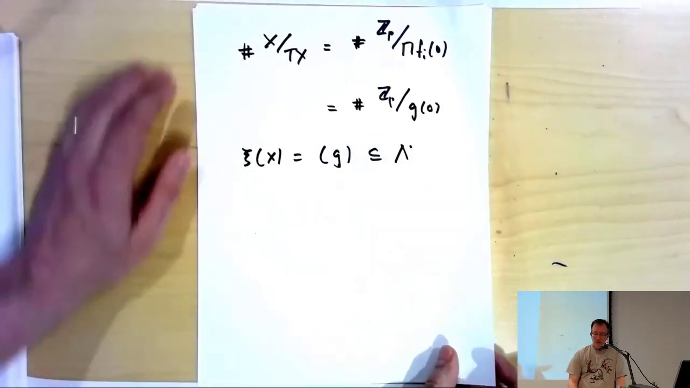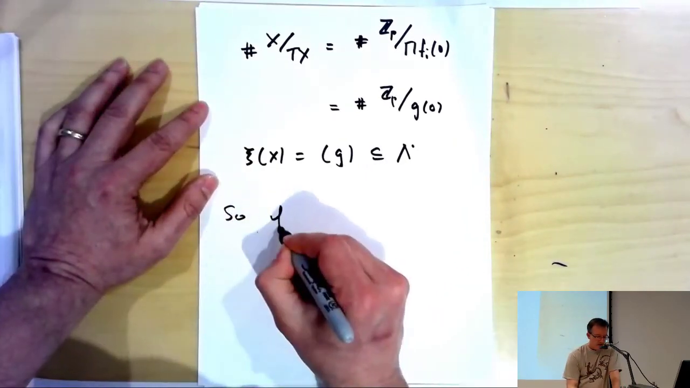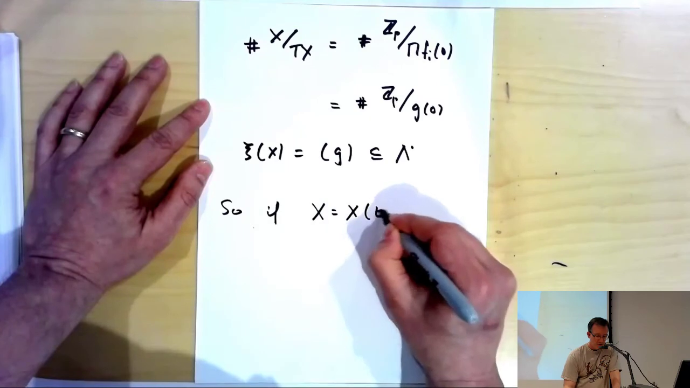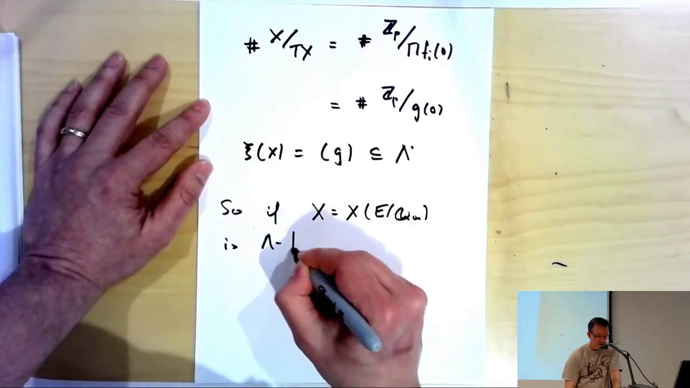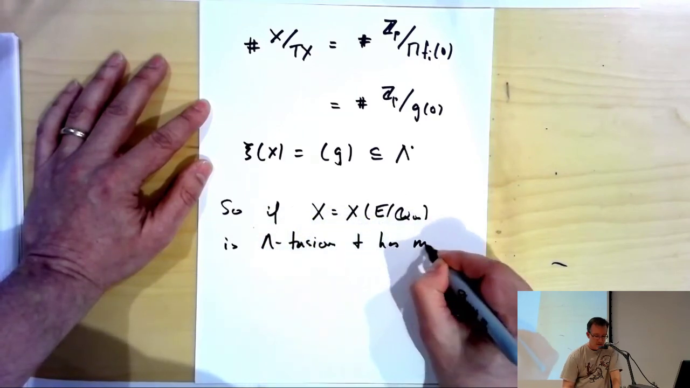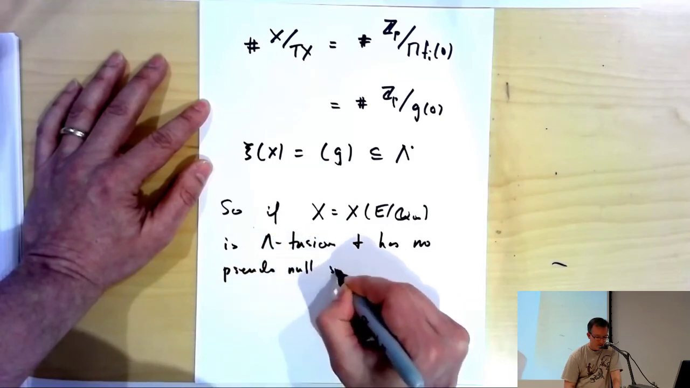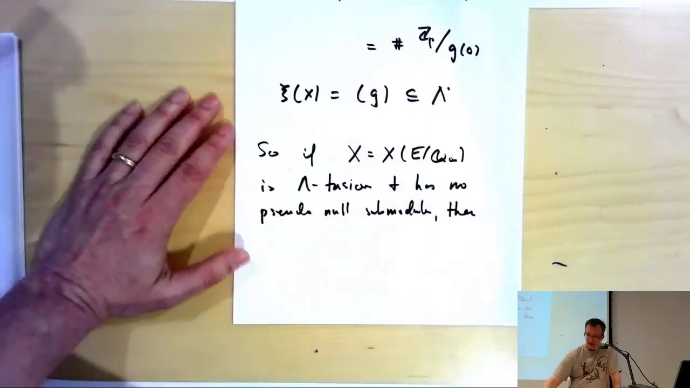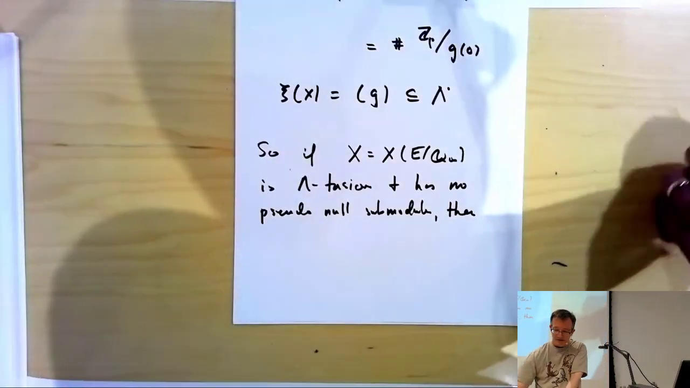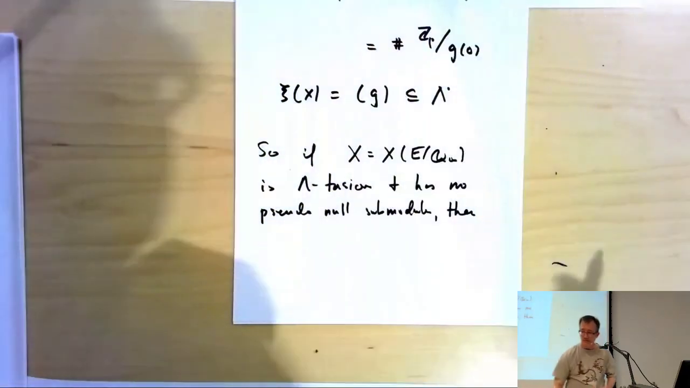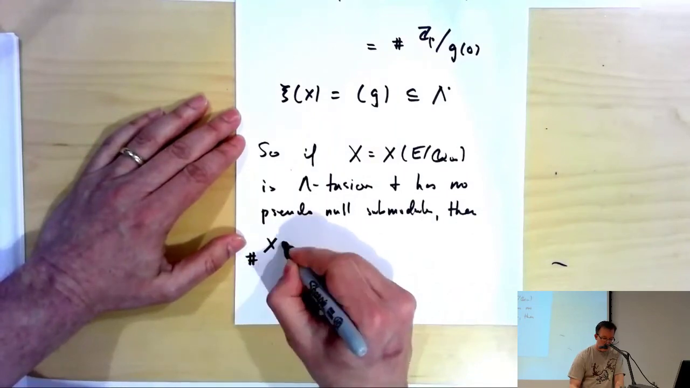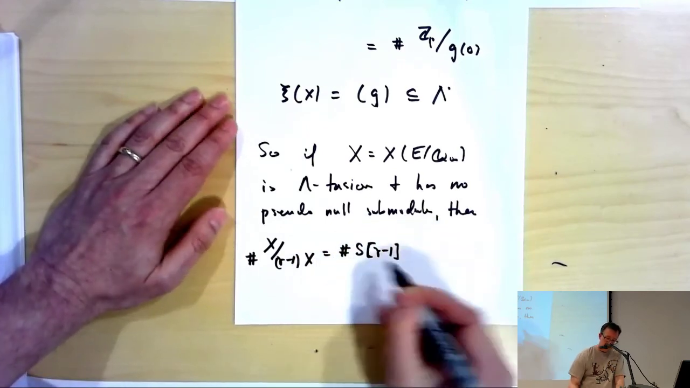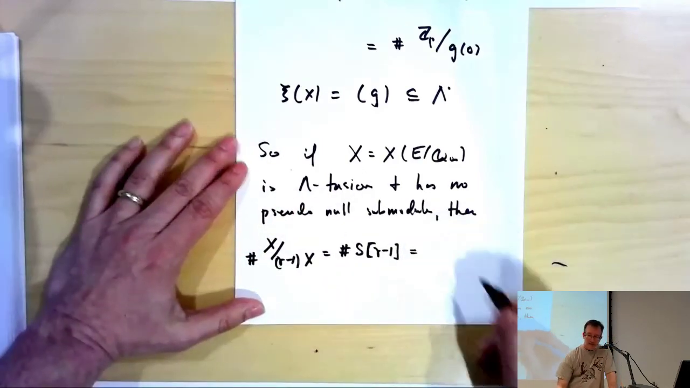All right. And if you think about that, what this is saying is that if X, which is our X of E over Q infinity, is Lambda torsion and has no pseudo-null submodules, then by looking at this exact sequence, we have that the order of X mod gamma minus 1, or of X mod T X, is going to be the same as the order of the gamma minus 1 torsion in S by duality, and that we see is